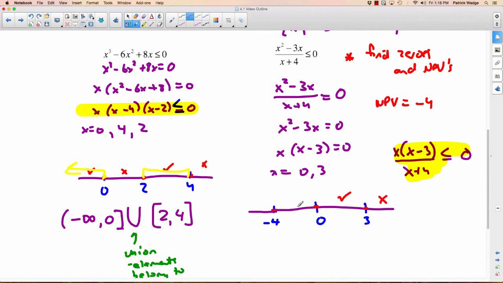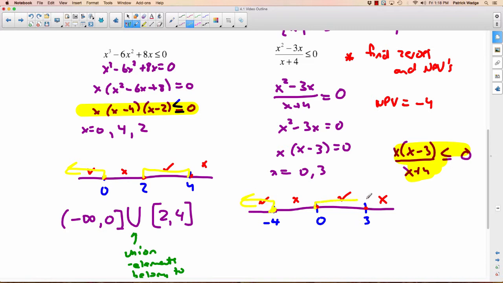Okay, let's try negative 2, I guess. Negative 2, so that's negative. Negative 2 take away 3, that's also negative. Negative 2 plus 4, that becomes positive. So we have negative times negative divided by positive. 2 negatives make a positive. Basically, the whole thing's positive. This doesn't work. And the last one, let's try negative 10. Negative 10, well, that's negative. Negative 10 take away 3, that's negative. Negative 10 plus 4, that's negative. They're all negative. Negative times a negative divided by a negative, it's going to be negative. Hey, that works. So our regions that work are here